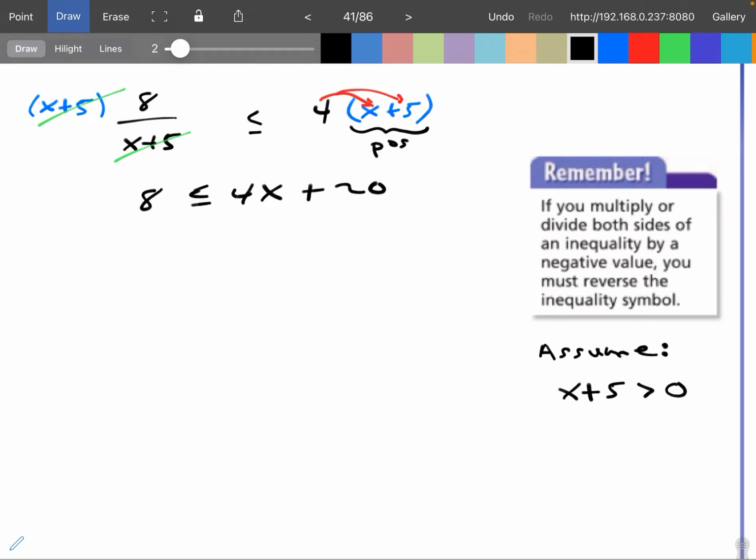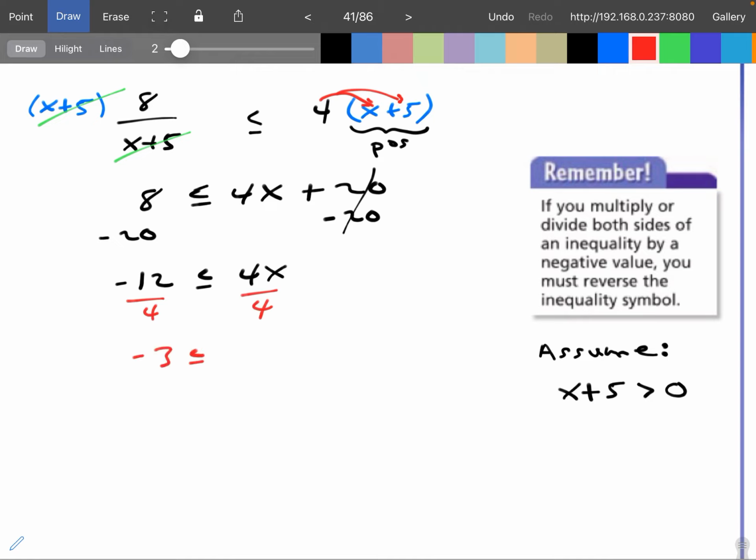So that means this is still going to be a less than or equal to, and then I can just quickly solve this inequality right here. So I'm going to subtract 20 on both sides. That's 8 minus 20, that's a negative 12, is going to be less than or equal to, the right-hand side is going to be 4x, because the 20s cancel out, make a 0. Then I'm going to divide both sides by whatever number's in front of the variable. So I'm going to divide the right side by 4 and the left side by 4. That's going to give me negative 3 is less than or equal to, the 4's cancel here, and I didn't